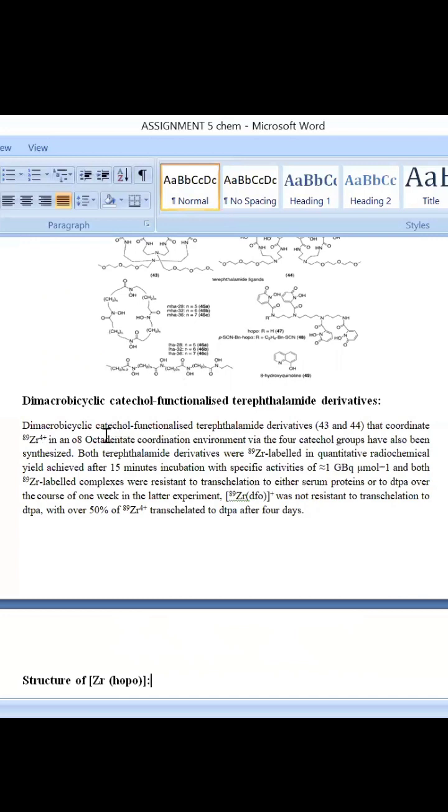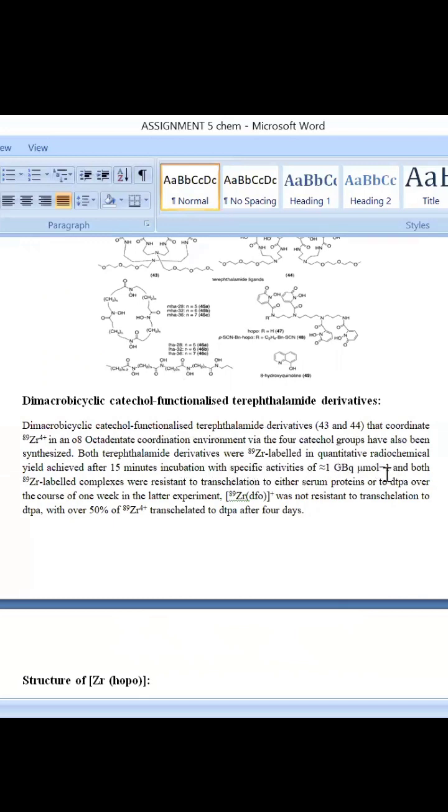Dimicrobicycle catechol functionalized derivatives 43 and 44, that coordinate zirconium-89 in an O8 octadentate coordination environment by the 4 catechol groups, have also been synthesized. Both derivatives were zirconium labeled in quantitative radiochemical yield after 15 minutes incubation, with specific activities of 1